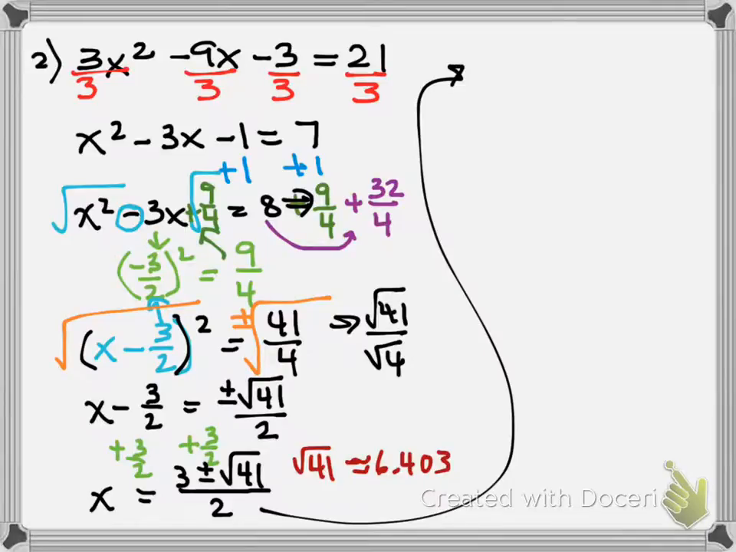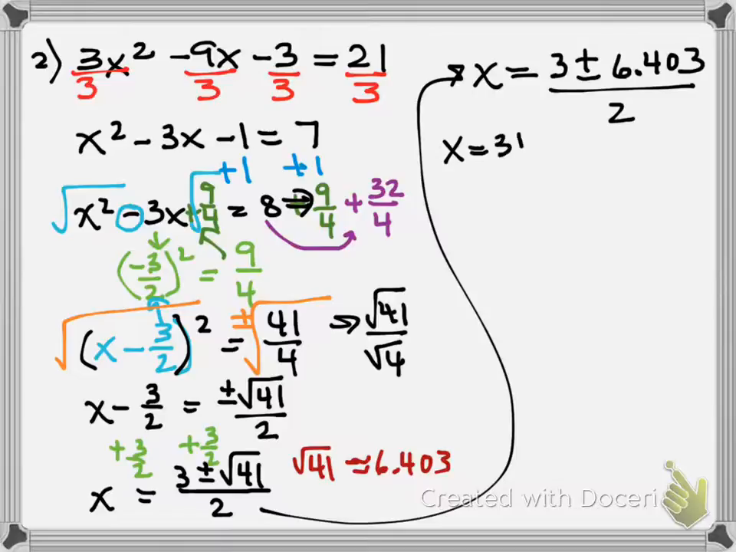Because in reality, could you figure out where 3 plus the square root of 41, divided by 2 is on the x-axis? No. But if we could get an approximation for the square root of 41, we would. So we're going to say that x is equal to 3 plus or minus 6.403 all over 2. So our two possibilities are x is equal to 3 plus